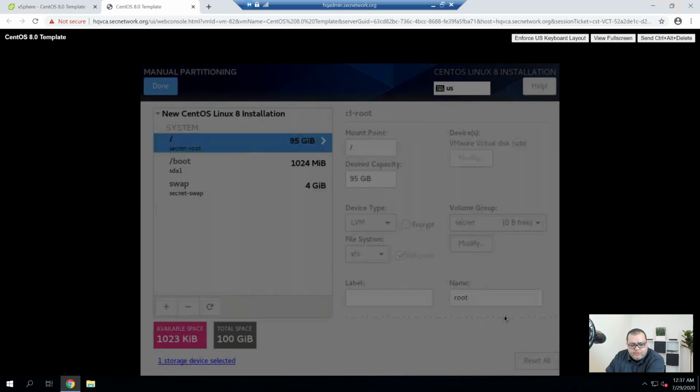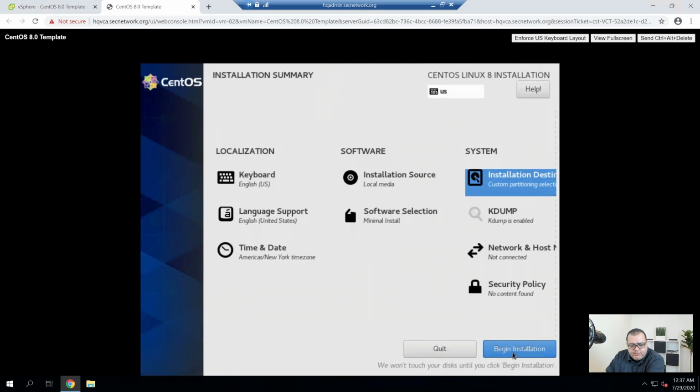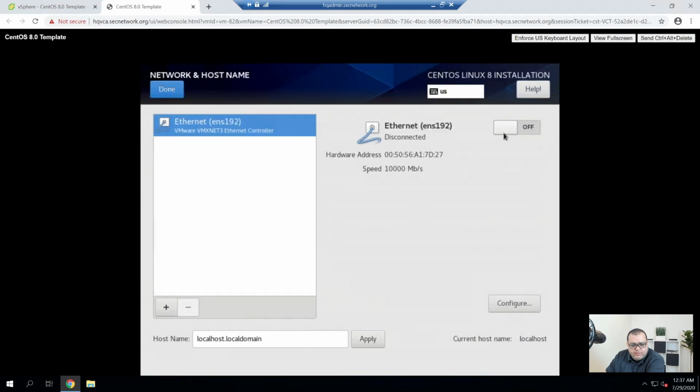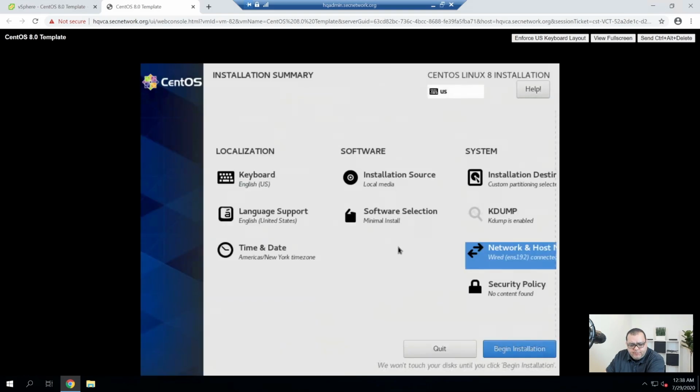I'm going to accept the changes, and I'm going to configure the network. So I'm going to call this linuxtemp.secnetwork.org. Apply that, turn this on, and I should get an IP address, which I did. Click done, and begin installation.